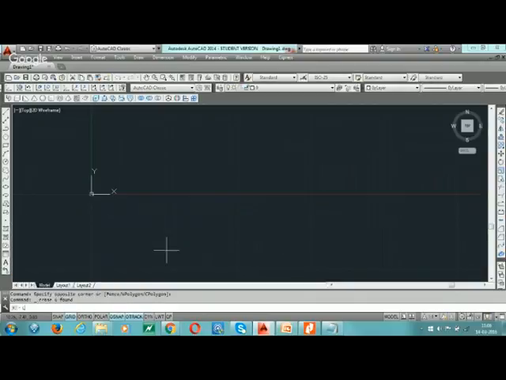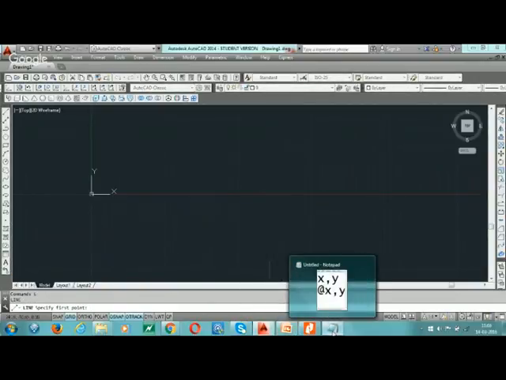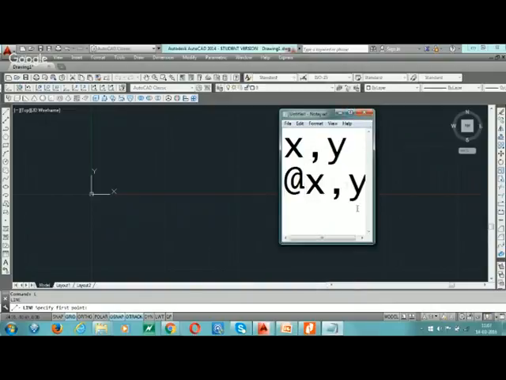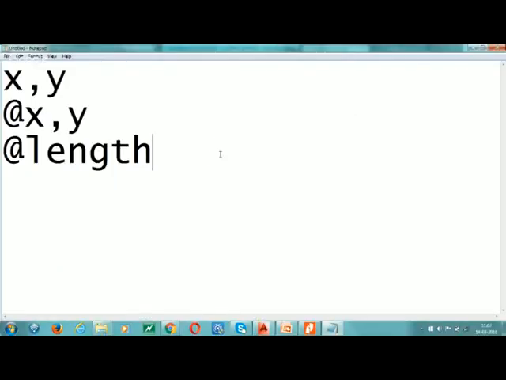Take the line command. The syntax of relative polar is @ length, less than sign, angle.